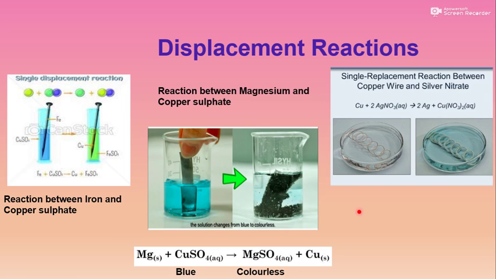Reaction with alkalis. Before starting this reaction, let me tell you what alkalis are. Basically, metal oxides which can easily dissolve in water are known as alkalis. In 7th class, you already discussed that not all metal oxides can dissolve in water, but those that can dissolve are known as alkalis. So water-soluble metal oxides are known as alkalis.